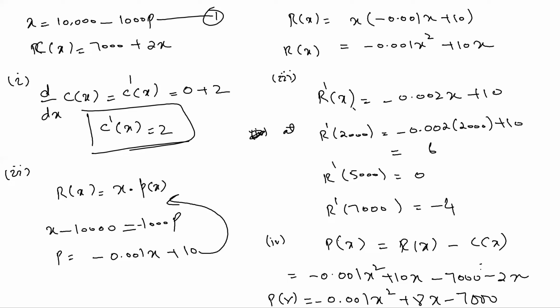Now we want to find out the break-even point. The break-even point is a point where our profit is 0. So minus 0.001x square plus 8x minus 7,000 equals 0. We can write it in this form, like x square minus 8,000x